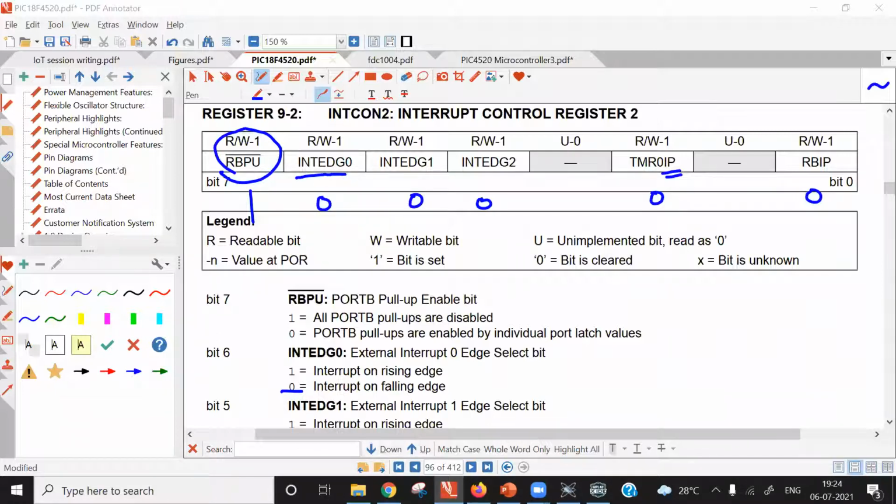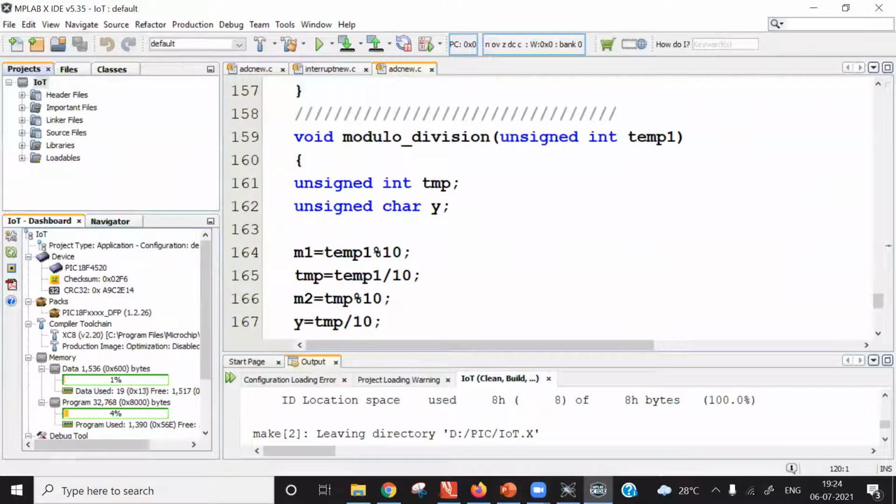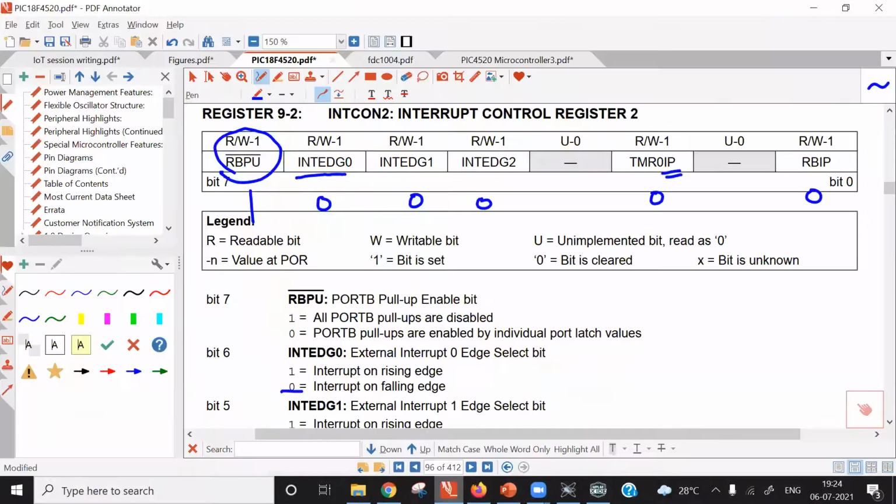For the interrupt control register INTCON 1, there is no INTCON 1 register. There is INTCON and INTCON 2. INTCON 1 register is not there. You can do it with the help of a bit addressable instruction. Let me first of all go to the interrupt control 2 register.